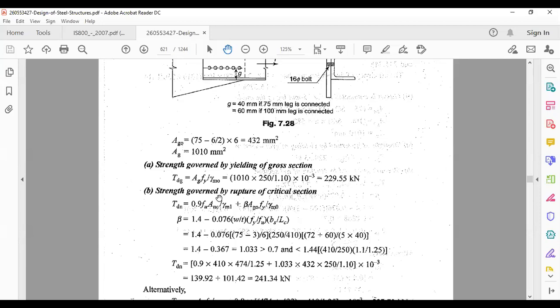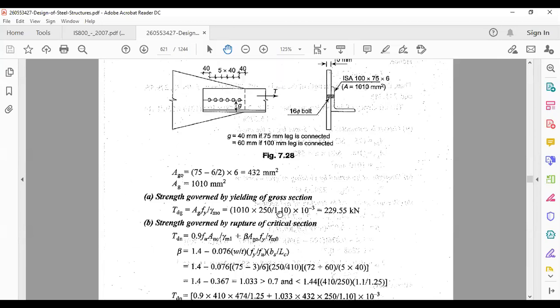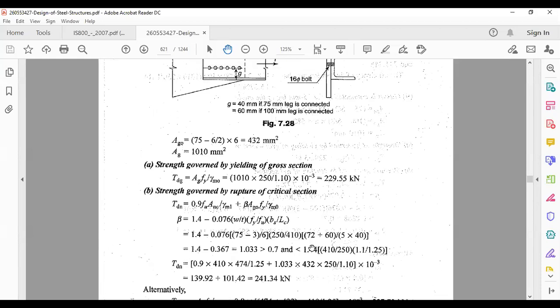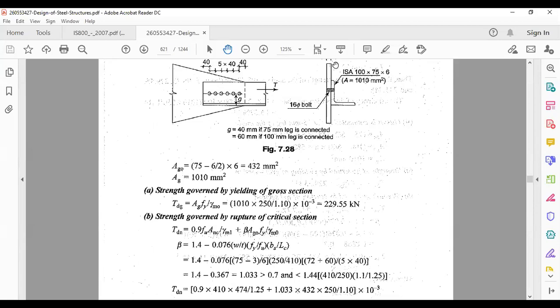Now, after that, what about the next one, that is bs? Okay, I think I missed that one. bs, actually, bs is here. I should have told. bs is 72. That is 75 minus the thickness he has done. That comes out to be 72 plus 60. Here it is done. Okay, it is correct. w is our width of the outstanding leg, only the width of the outstanding leg. It will be simply 75 mm. Okay, sorry for that. w is the width of the outstanding leg. So it is done correctly.